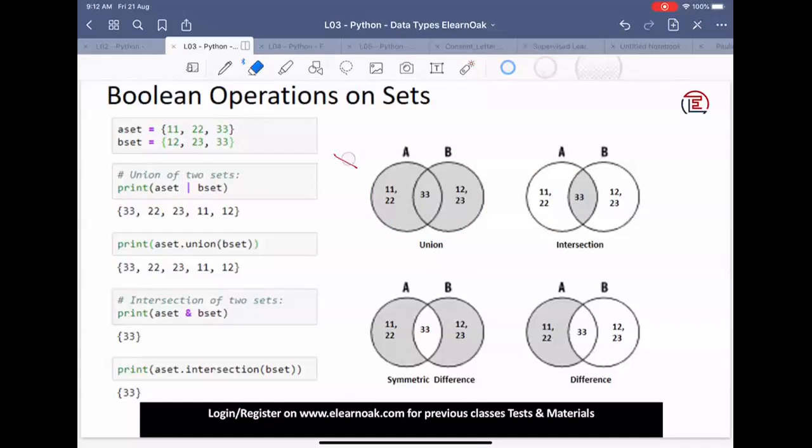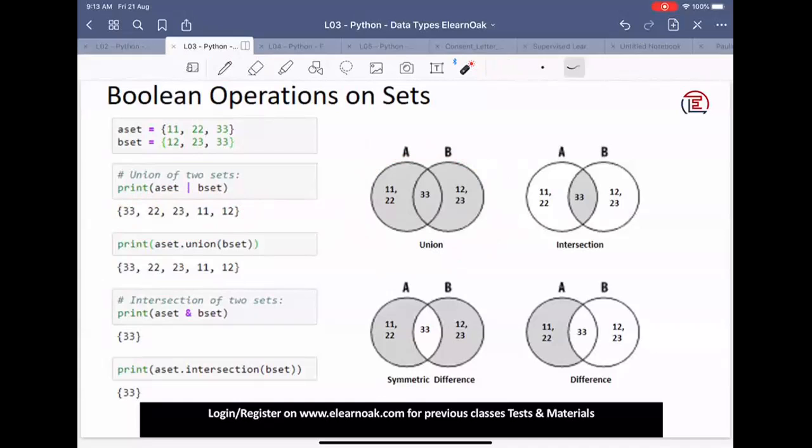If you are coming from a background in C, you would also know that this single pipe operator is actually a Boolean OR operator. If we use the Boolean OR, we can say A set or B set, and it gives us the union of all the elements together.